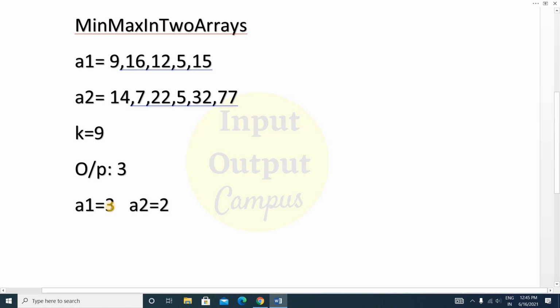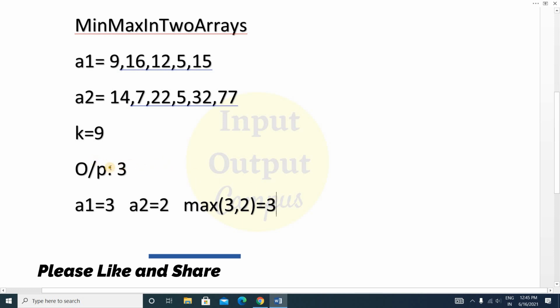So you get two numbers, 3 and 2. You have to output the maximum of these two numbers. Which is maximum? 3 is maximum, so your output will be 3. So here you can see 3 is the output.